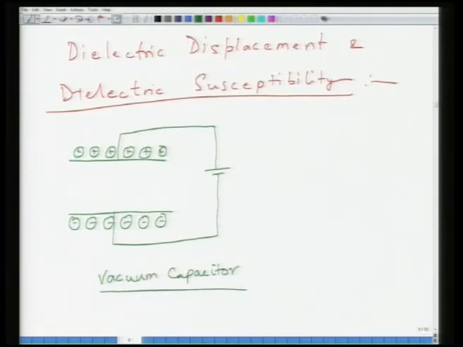Now, what happens when you take a dielectric? When you insert a dielectric inside it, the situation changes a little bit. You still maintain the same area and the same distance, under the application of an electric field. So, what you will have is a picture like this. Now, these are all schematic pictures, whereas materials with different structures will give rise to different scenarios. So, if it is a polarized material under the application of an electric field, you have polarization inside the material.